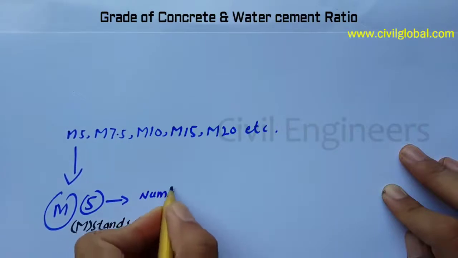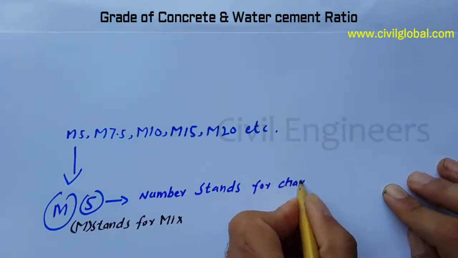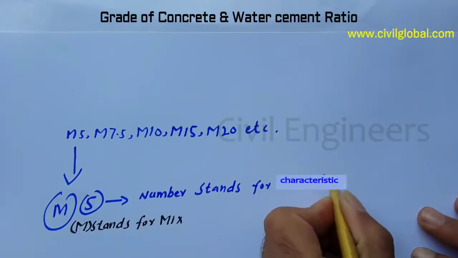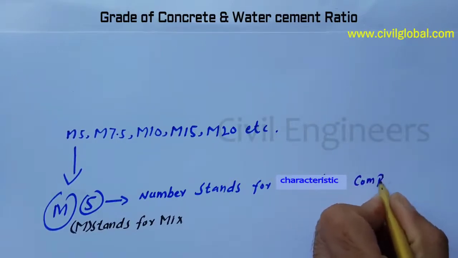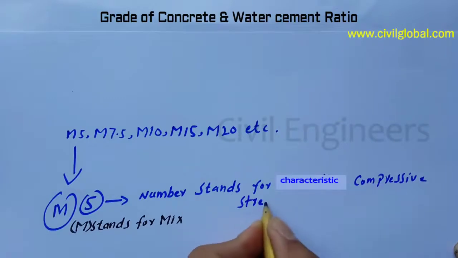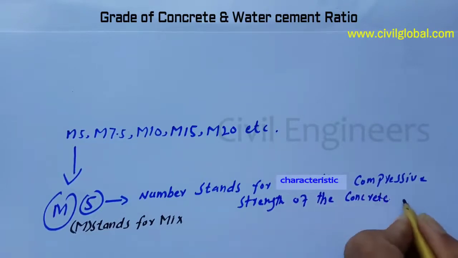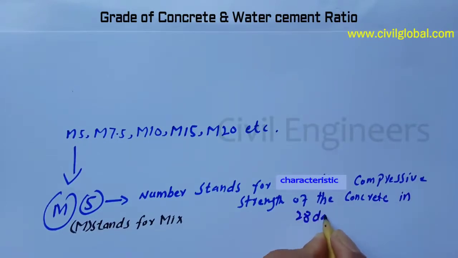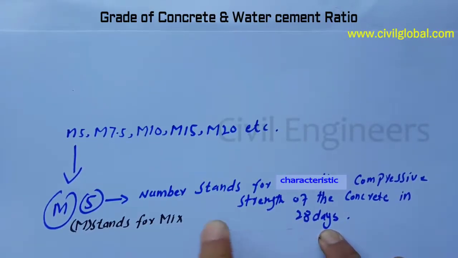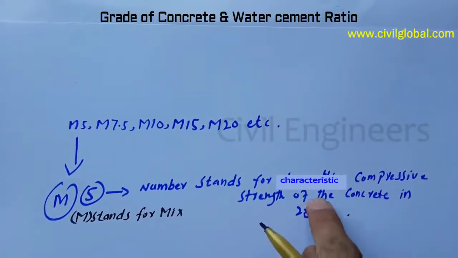Okay, so the number stands for the characteristic compressive strength of the concrete in 28 days. So this depends on the direct compressive test. Therefore we can say this is M5. M stands for mix and the number 5 stands for the characteristic compressive strength of the concrete in 28